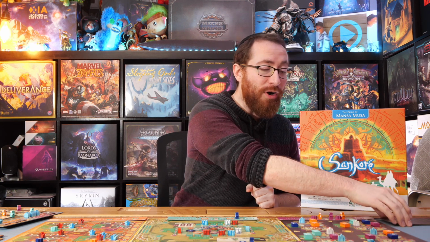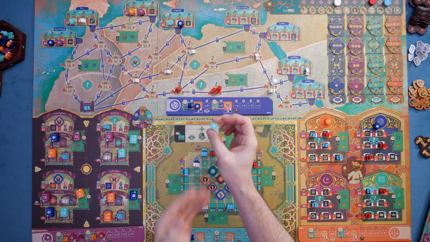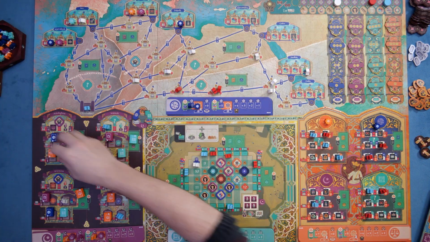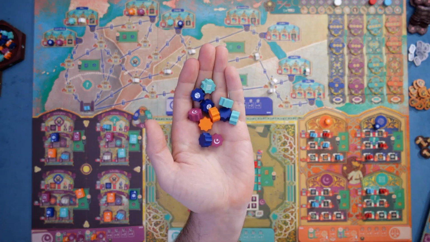The general idea of Sankoré is you're trying to score as many points as possible. That part's not a surprise. The first thing that's interesting about this game, though, is that points in this game are going to be variable. Effectively, throughout the course of the game, you're going to be gathering various tokens that look like this. These tokens are the various things you're trying to gather throughout the course of the game,